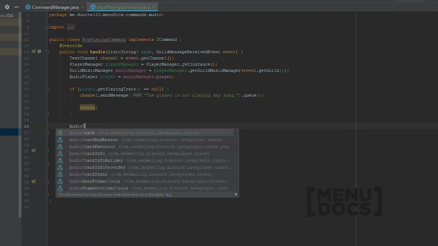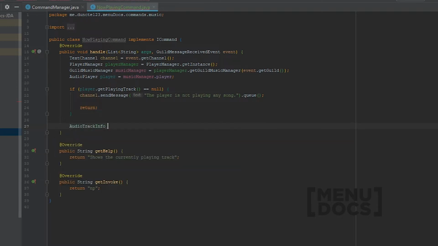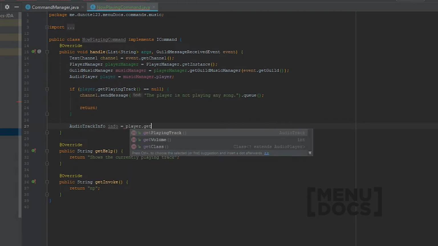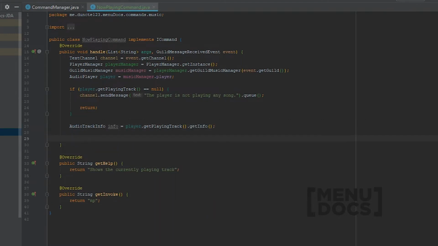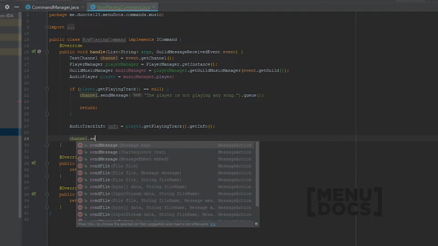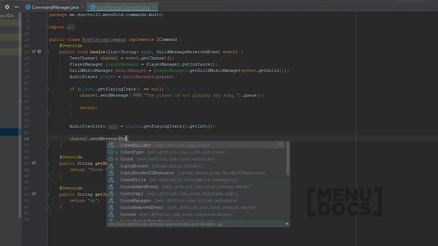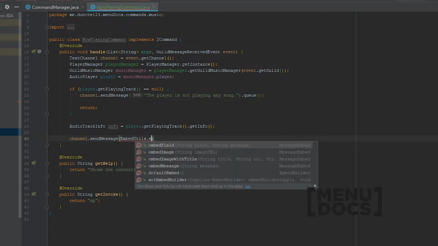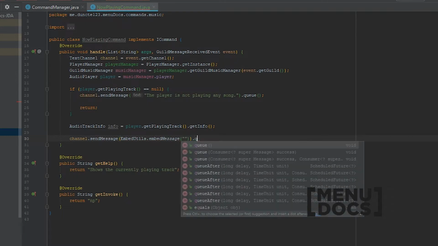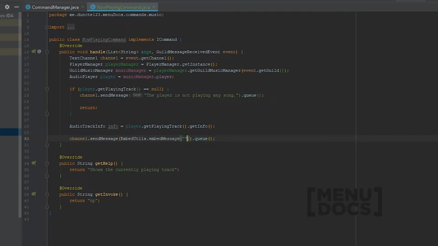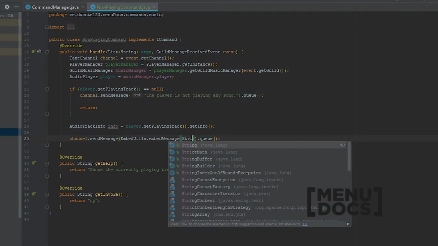After this, we're going down and we're gonna get the audio track info. So audio track info is equal to player.getPlayingTrack.getInfo. Next up, we're gonna send an embed to the channel. So channel.sendMessage, embed utils.embed message. Gonna queue this off, and instead of a normal message, we're gonna say